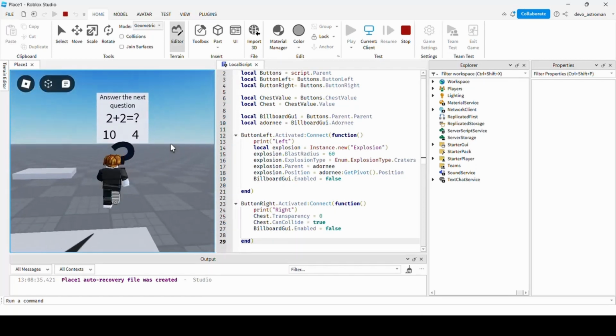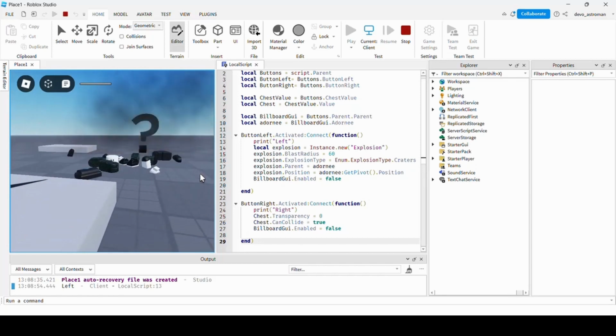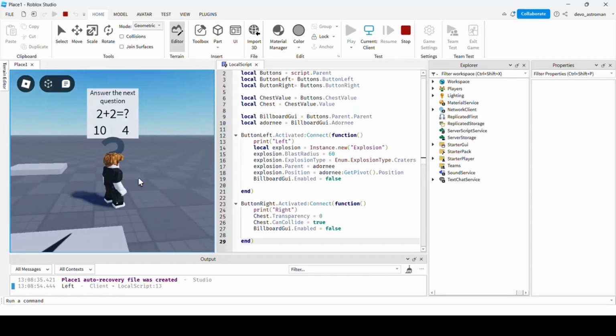The idea is that when the user presses the wrong number, it's going to explode, and if the user presses the right number,